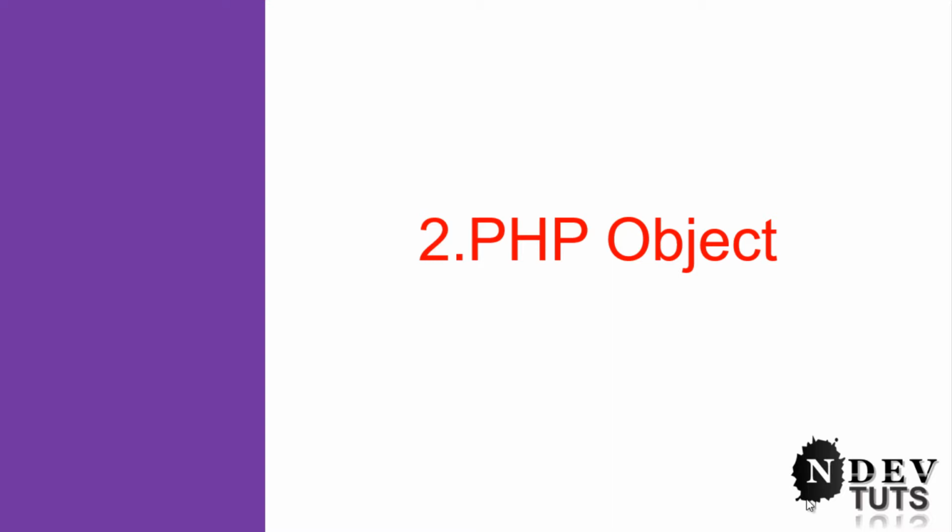Every object has properties and methods corresponding to those of its parent class. Every object instance is completely independent, with its own properties and methods, and can thus be manipulated independently of other objects of the same class. In PHP, an object must be declared explicitly. Let's see an example of a PHP object.